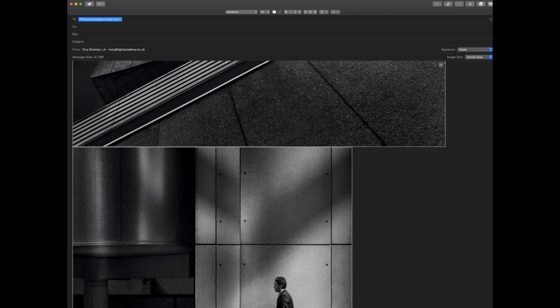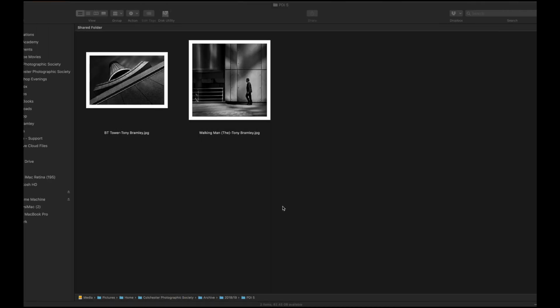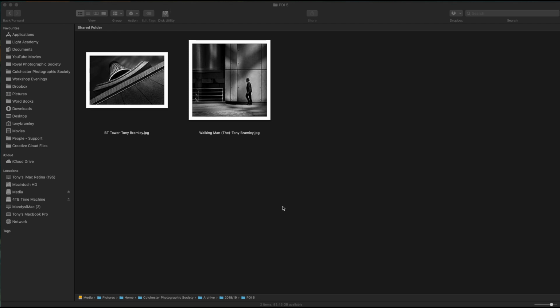Apple Mail and PDI Secretaries do not go well together when it involves Windows. However, here is a quick fix and it will keep your PDI Secretary happy. So here we are in the Finder, and instead of sending these images out into Apple Mail in the normal way,